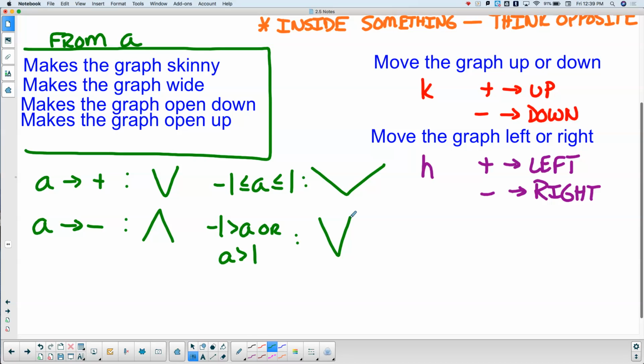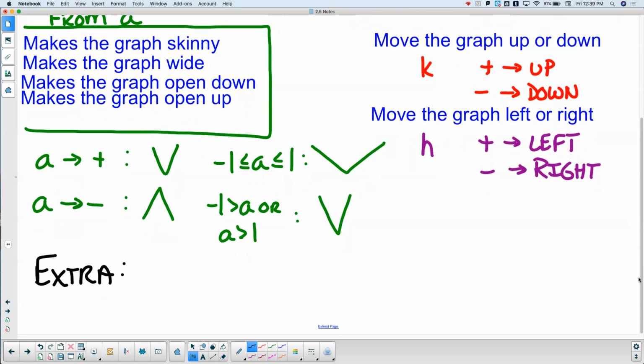Okay. Here's something that's a little extra, because, you know, I like to take it an extra step. A, as it's written in your equation,